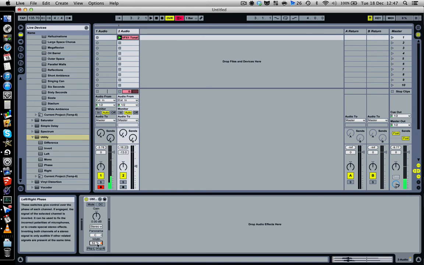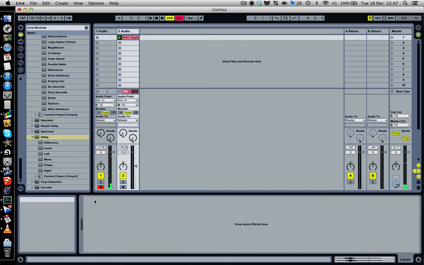But useful little tip. This width thing is easy to overlook. It's not obvious where you would start playing with the stereo stuff. So yeah, that's that. And final thing,